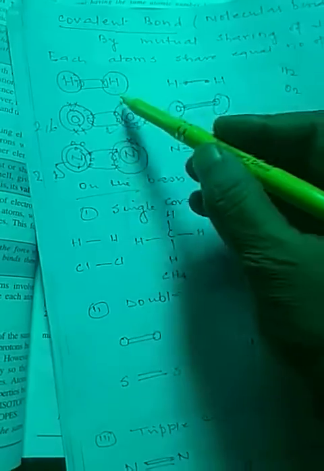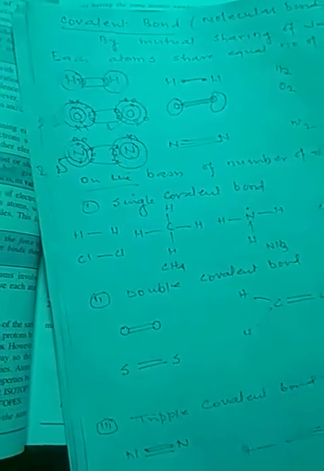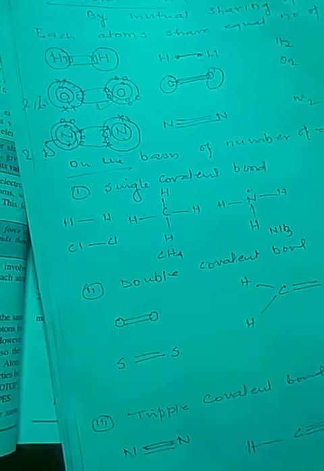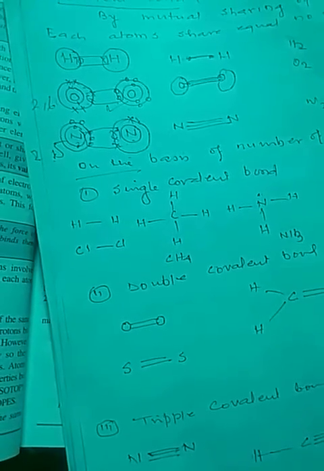They are all sharing an equal number of electrons. On the basis of the number of electrons shared, covalent bonds are of 3 types: